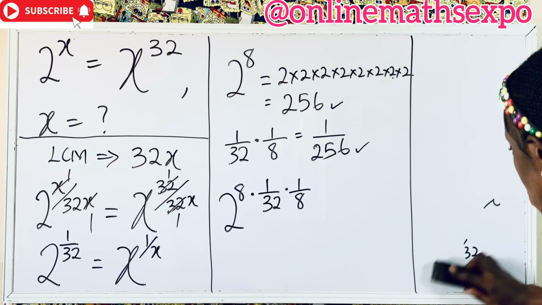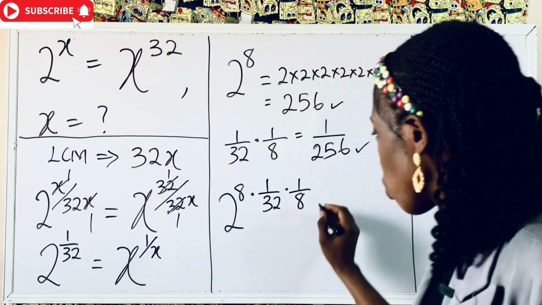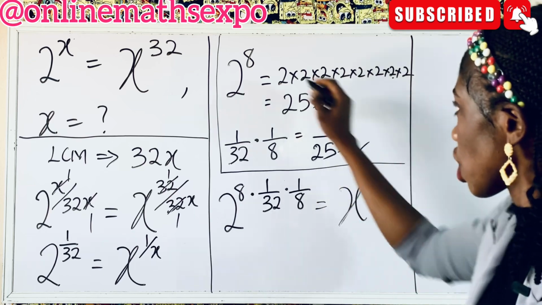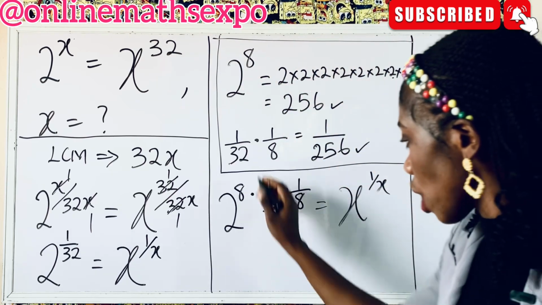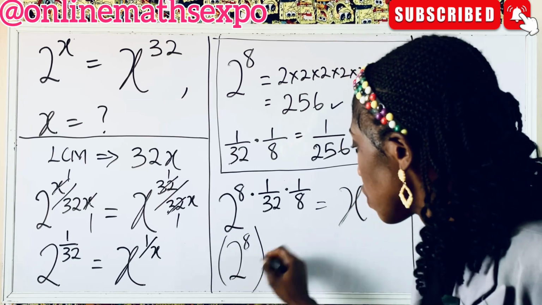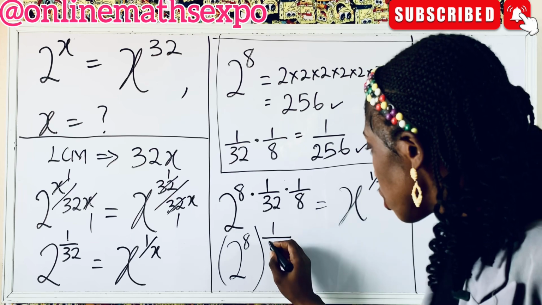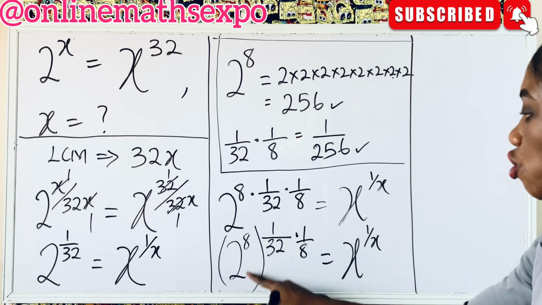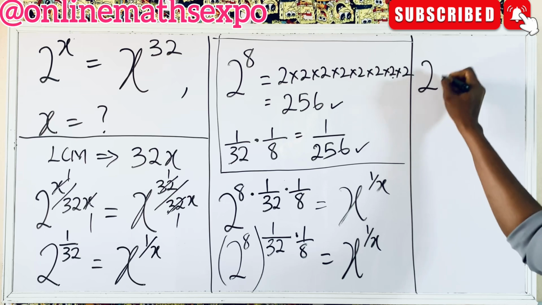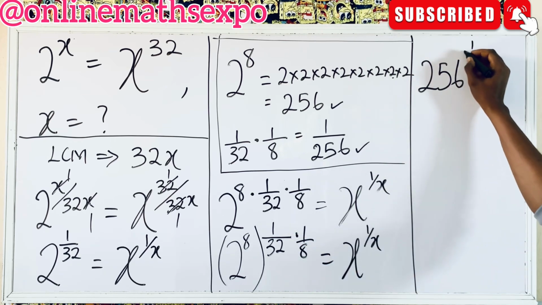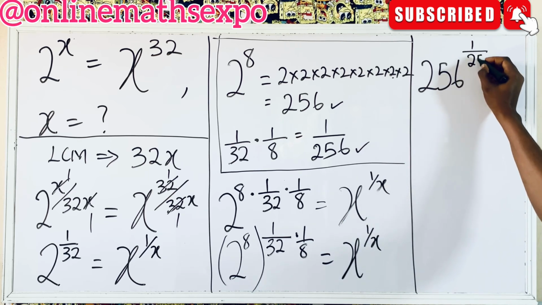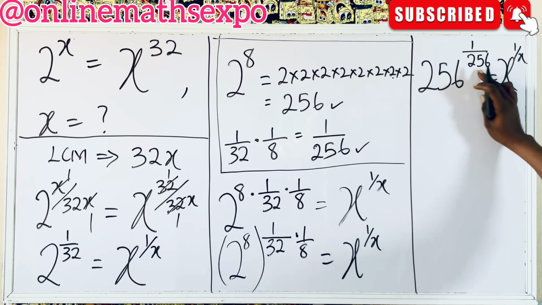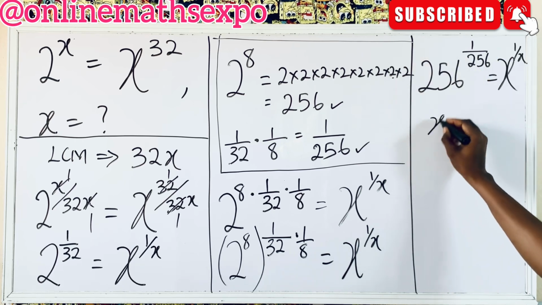So in that case, this is equal to x to the power of 1 over x. Please, this part we used to do a check. So in that case, we are going to have 2 to the power of 8, then 1 over 32, multiplied, is equal to x to the power of 1 over x. And 2 to the power of 8 gave us 256. So we have 256 raised to power 1 over, if you multiply this, it also gave us 256, is equal to x to the power of 1 over x. So you see, this is the same with this. So in that case, you can conclude that your x is